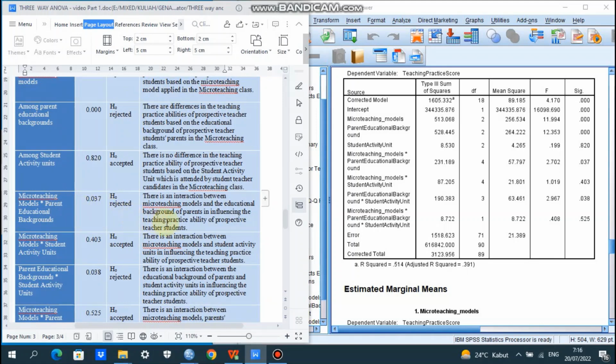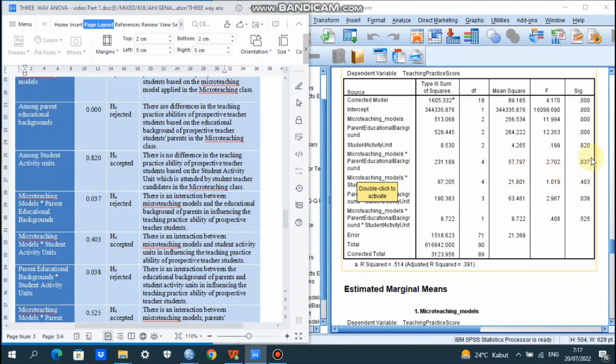We go to the next, micro teaching models and parent educational background. We look at the asterisk here, which shows whether there is interaction between micro teaching model and parent educational background in influencing teacher students' teaching practice score.